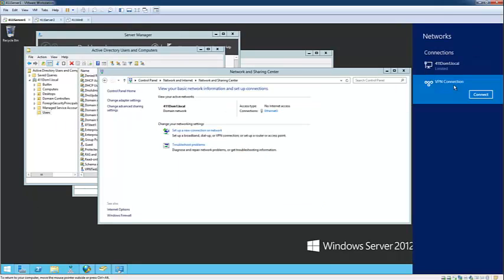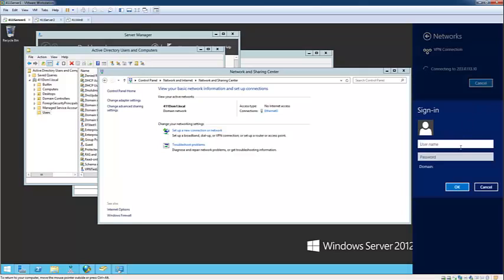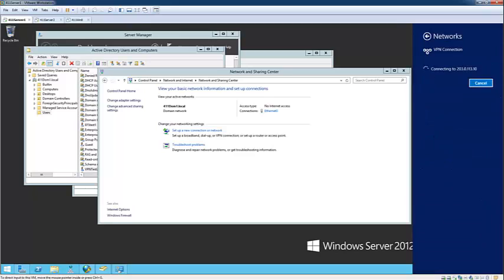Alright, so there's my VPN. Going to go ahead and connect, and then we're going to connect with that user, VPN test 2. If I remember correctly, we're supposed to type in 411 server 2/VPN. Okay, and then the password. And then it'll connect to the